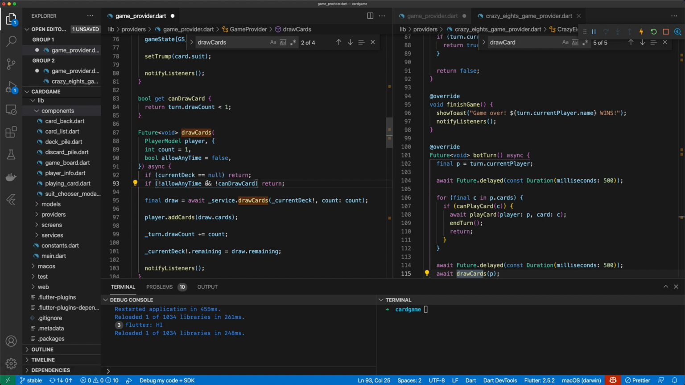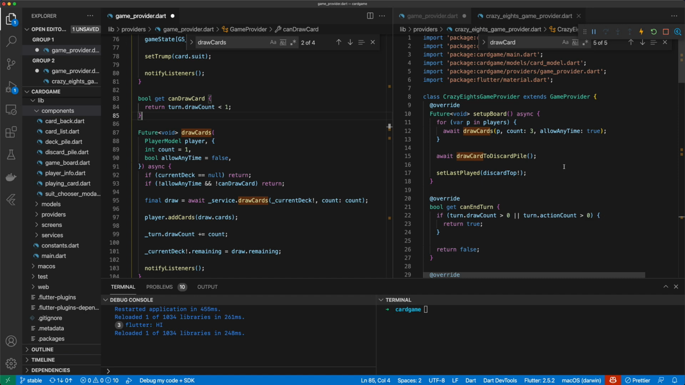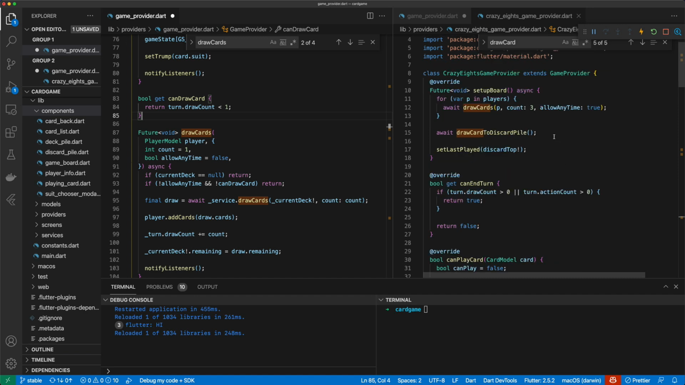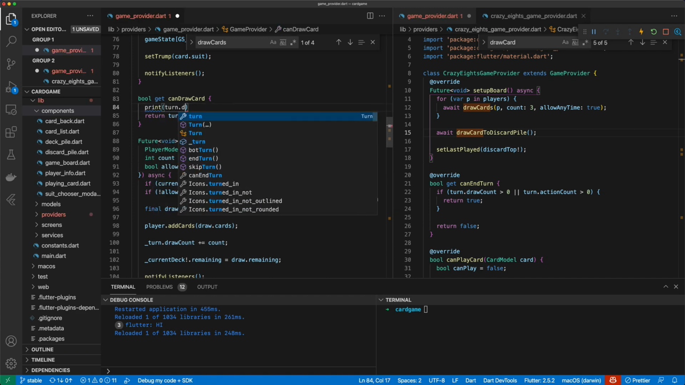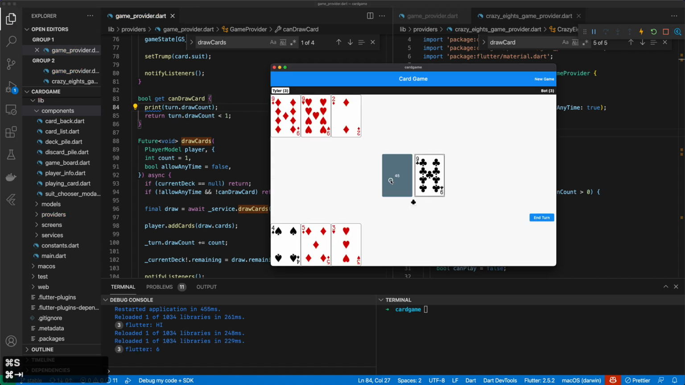If not allow, it could be something to do there, can draw card, turn.draw count. Oh, you know why maybe? Let's print can draw card. Let's just print turn.draw count and see. Yeah. So okay, that's why. At the start of the game, so we just didn't notice this before, draw count is actually 6 because